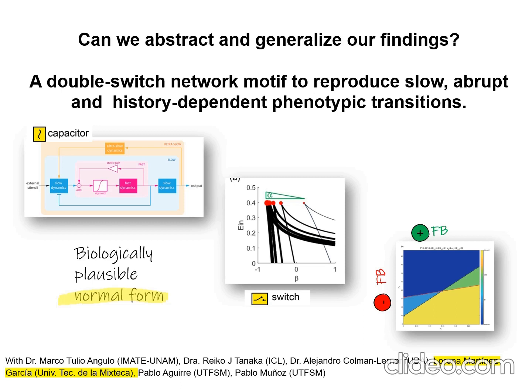So our aim is still to construct the simplest possible yet biologically plausible network motif that gives rise to these slow yet abrupt and history-dependent phenotypic transitions. And maybe you have already guessed some of the key elements that this mathematical object has to contain. One of them is a switching function, a switching core, which is this pink one. Actually, with Marco Tulio Angulo, a colleague of mine in Mexico, we call this the egg project because